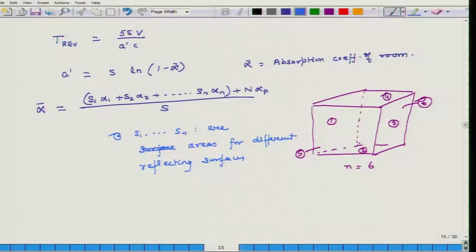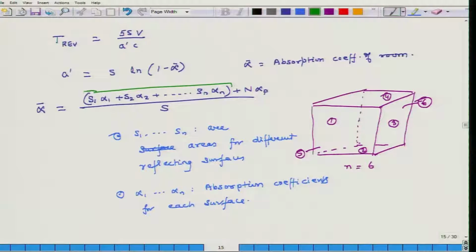So, those are surface areas, and then alphas are absorption coefficients for each surface. How do we get these absorption coefficients? We will talk about it, but if I know alpha 1 till alpha n, I can calculate this entire parameter,